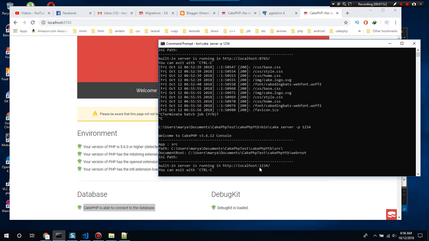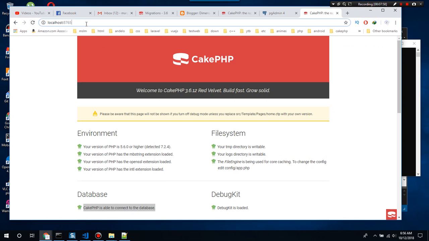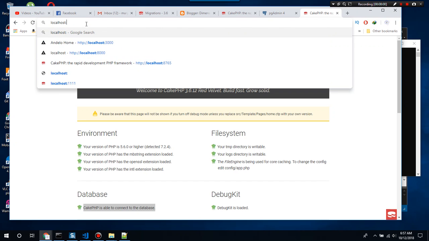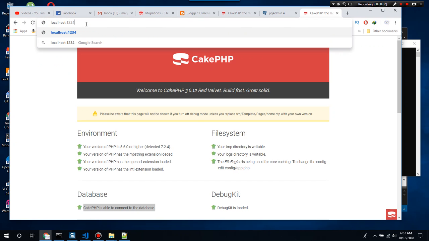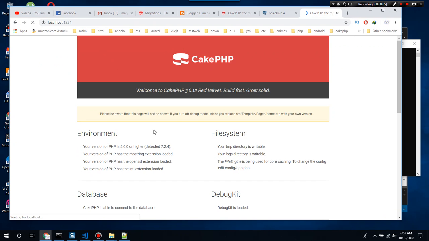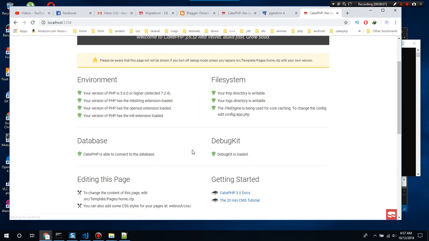And then our CakePHP is running on port 1234, so we can change this port to 1234, and then it should display the same page.